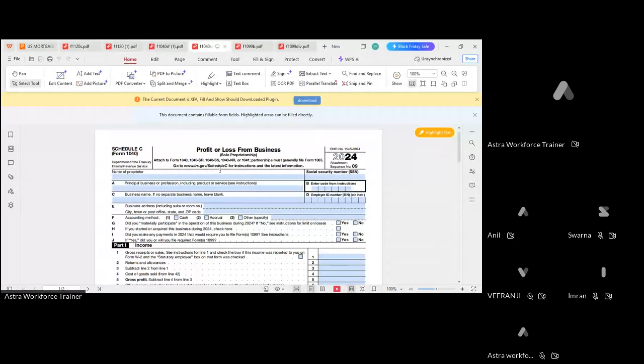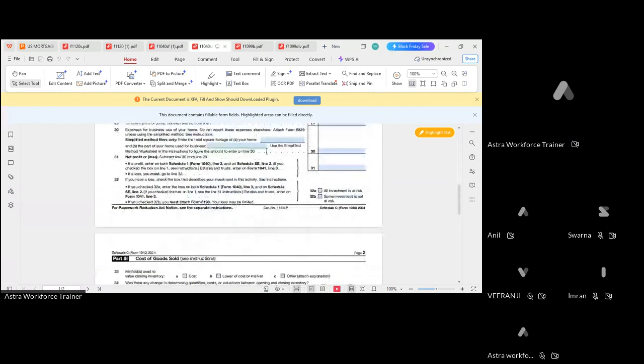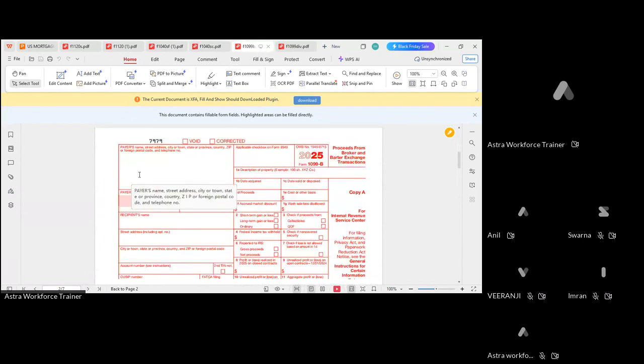This is Schedule C, that is the sole proprietorship income. You guys know we already discussed how to calculate it and everything. And this is for the